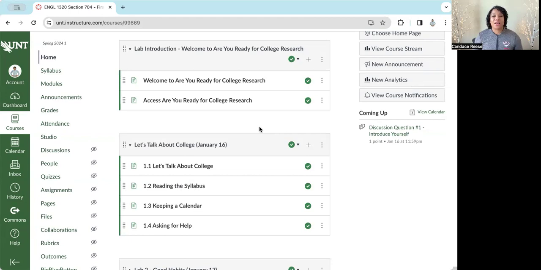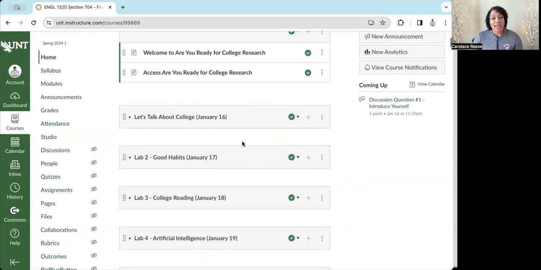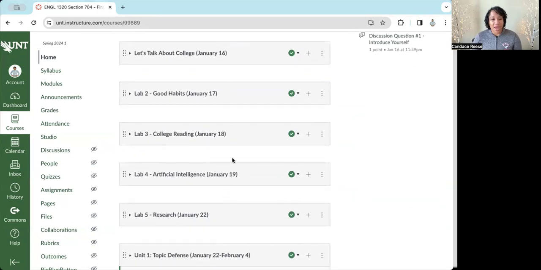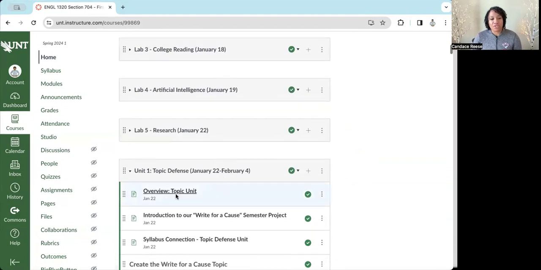And so you can use not only this information from my class, but you can let it seep into your other classes too. And trust me, your professors will be very happy that you know how to navigate the landscape of college. So you have something every day. For the first few days of class, you will find that you have an orientation into some aspect of this course in order to lead up to our first major unit.